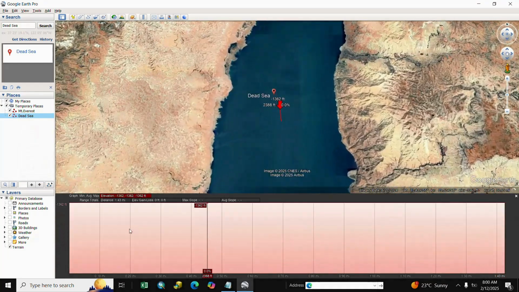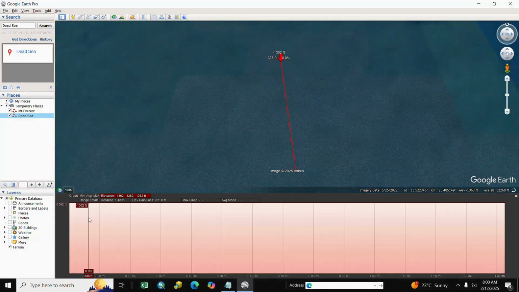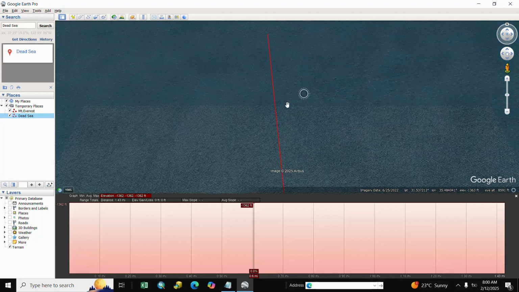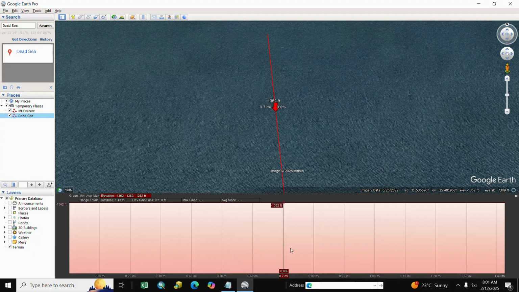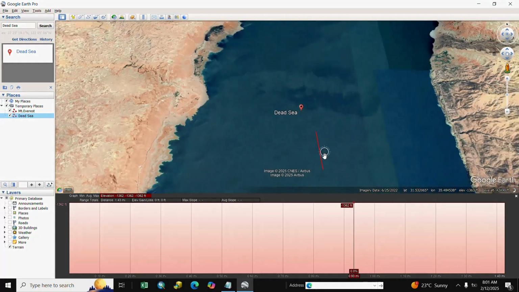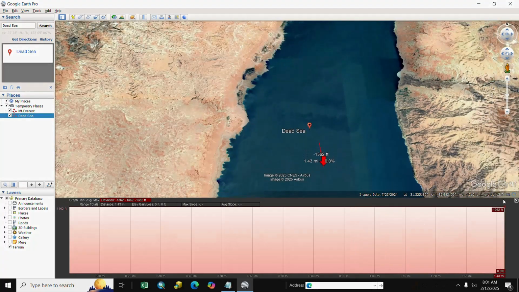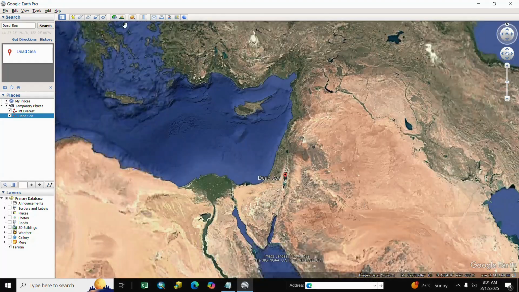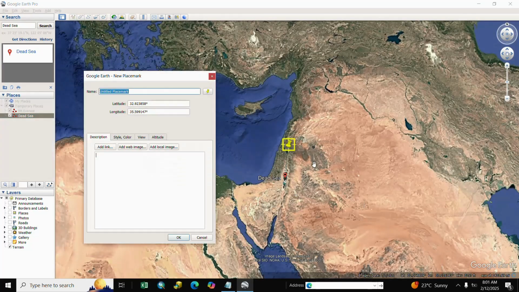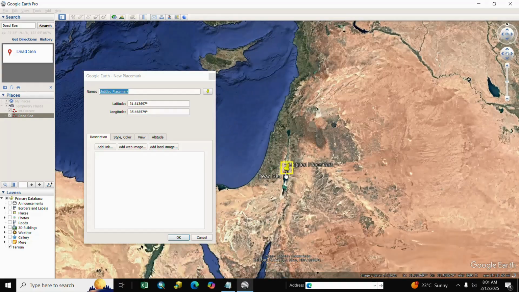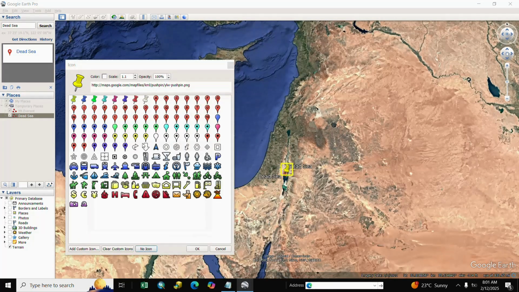We see here the elevation minus 1362 feet, and you see it up to down. Here is our Dead Sea elevation, and next for the distance between, we enter a point as a place mark. We put a place mark here and write Dead Sea, and symbology. If you want a symbol, we select any symbol and size and OK.